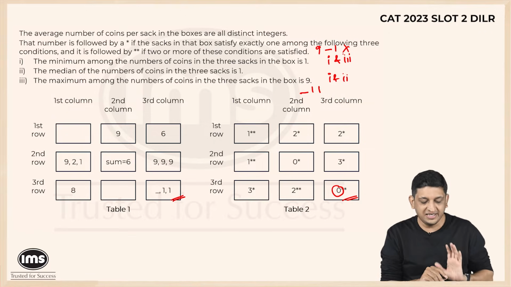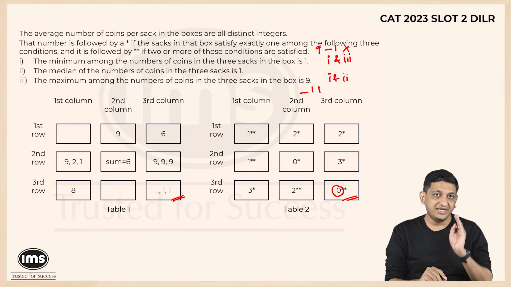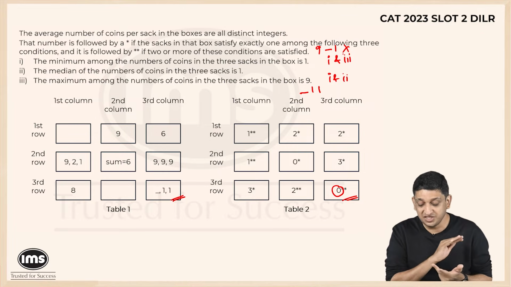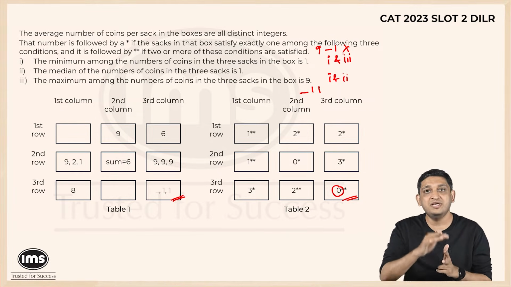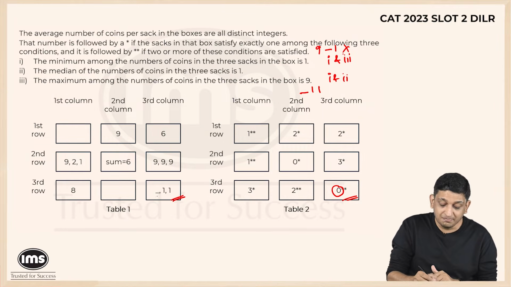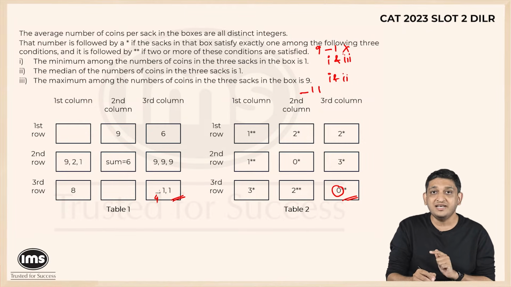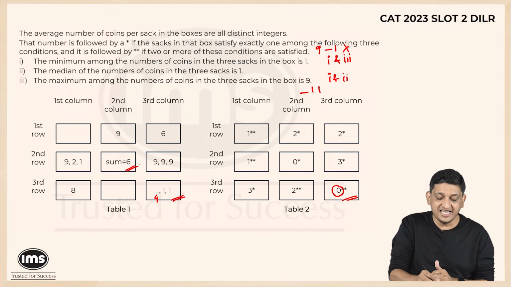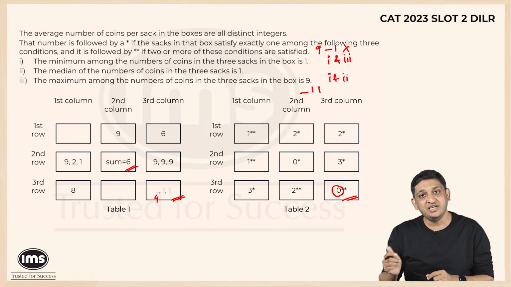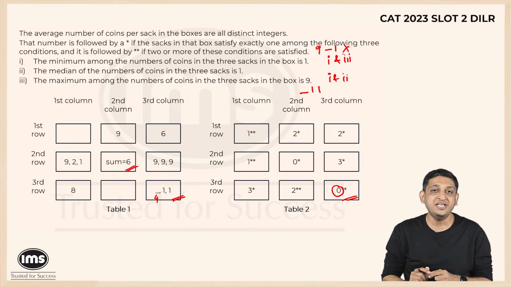Now dash 1 1 has a very important repercussion here. Now if I have dash 1 1 and it has to be a multiple of 3, the third blank has to be either 1 or 4 or 7. The third blank can't be 7 because there is no number in this box which will be greater than 5. So it can either be 1 or 4. But if this blank is equal to 4, then the problem that arises is the sum becomes 6, which is the same as this sum. But that is not possible, because the sum in each box will be unique, because the average of each box is unique. And that is why the only case possible here is 1 1 1.